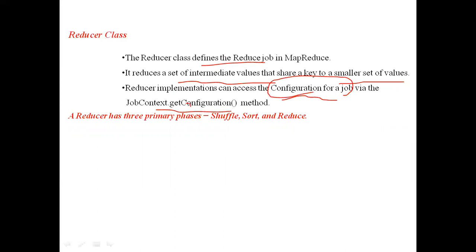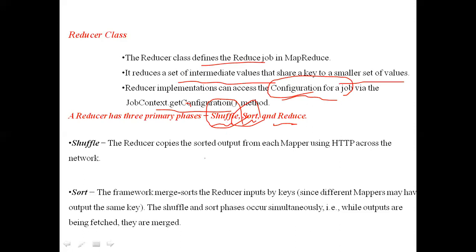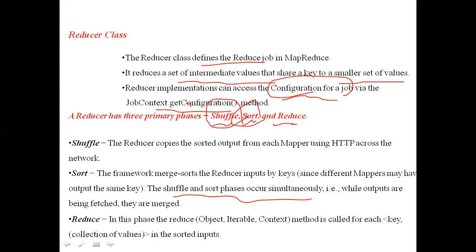Inside the reducer class, there are three phases: shuffle, sort, reduce. As we already said, shuffling is arranging all the related records to one side. Sorting is arranging all the related records which are at some location in some particular order. Generally, shuffling and sorting work simultaneously, meaning in parallel. Finally, the reduce phase will come after shuffling and sorting.